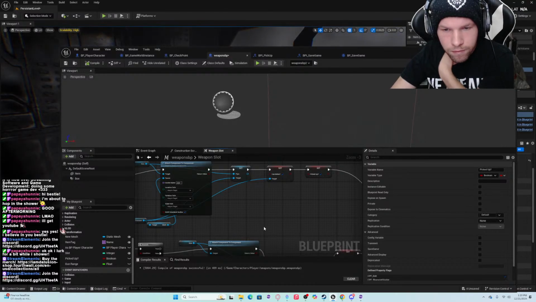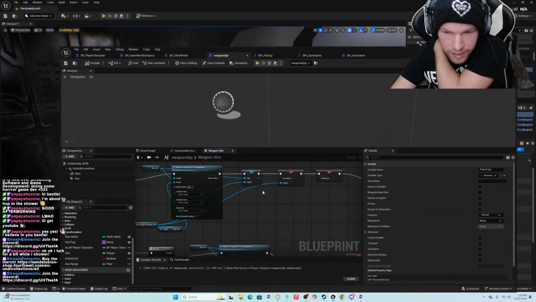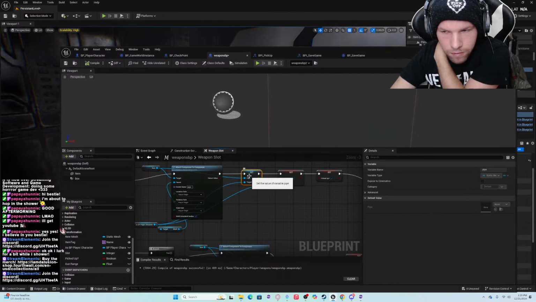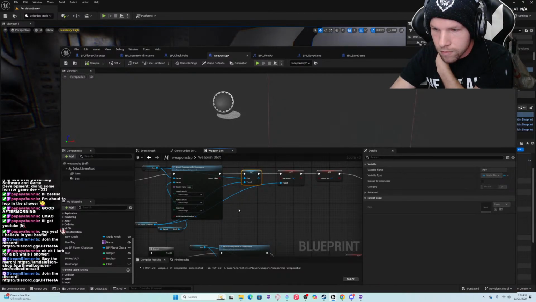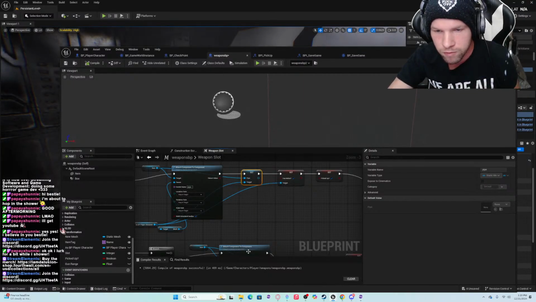And we're setting, okay, yeah, so then we're setting the pipe static mesh.